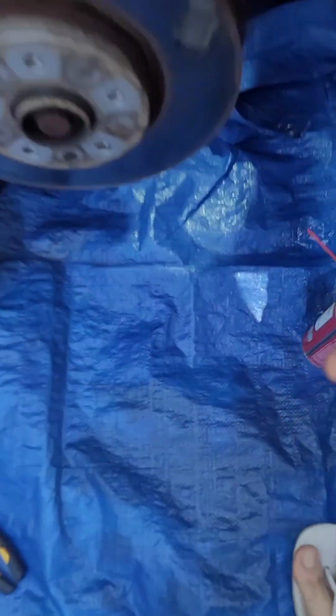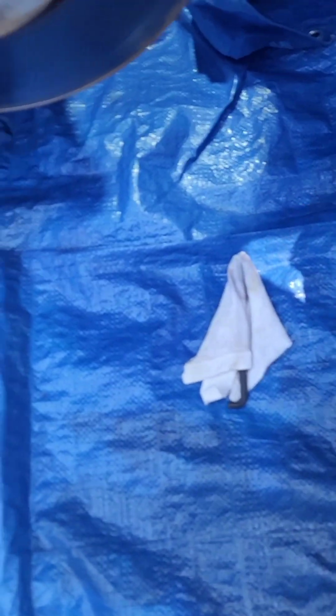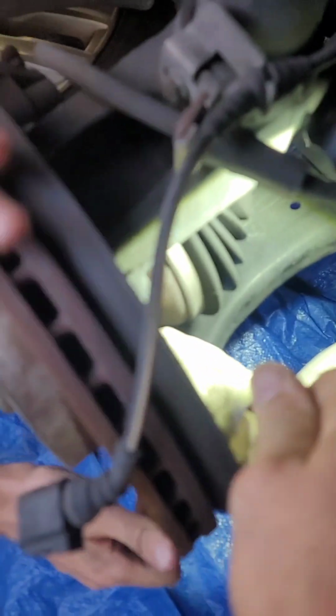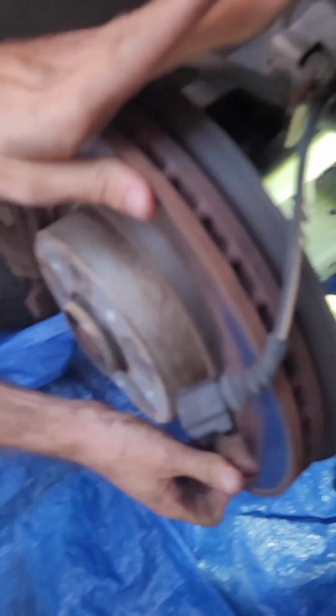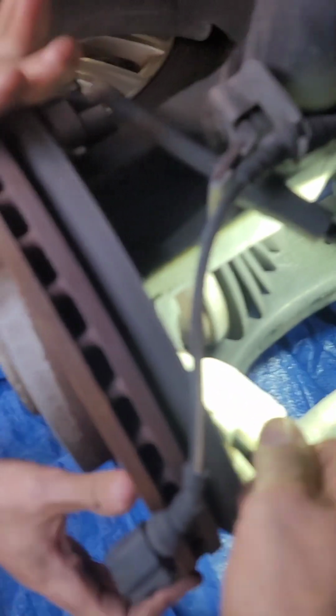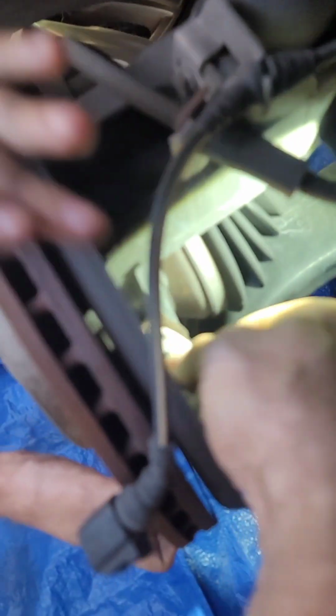Like that, and then put it a little bit on the rag, and then just stick it in. Go and rotate the tire, because what you have to clean is the wheel where the sensor is reading. Probably that's where it's very rusted. I don't care about the housing, I care about the end of this stuff, and that's where the job has to be done. Okay. So of course this one broke, but you do it again,